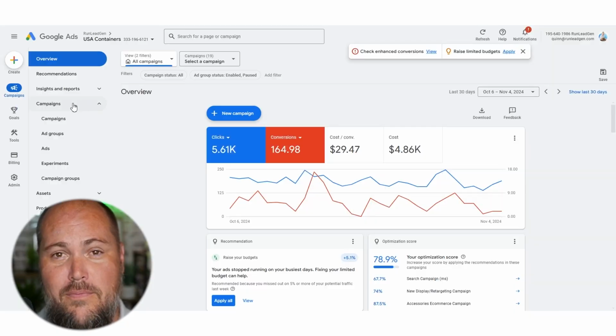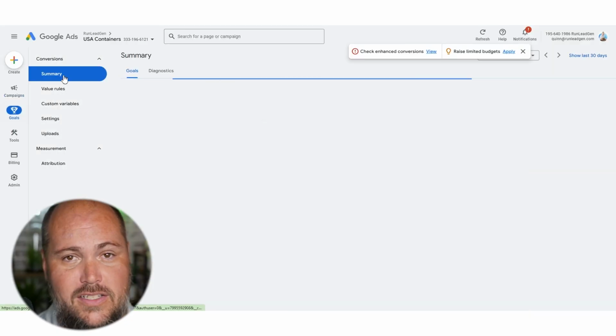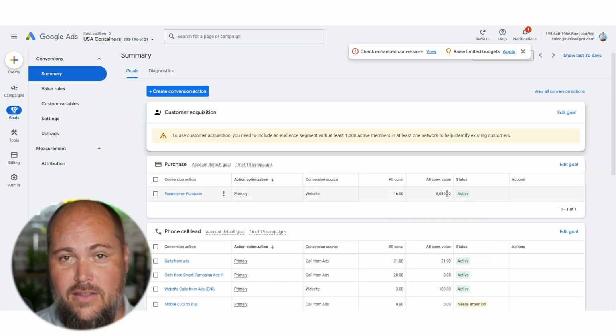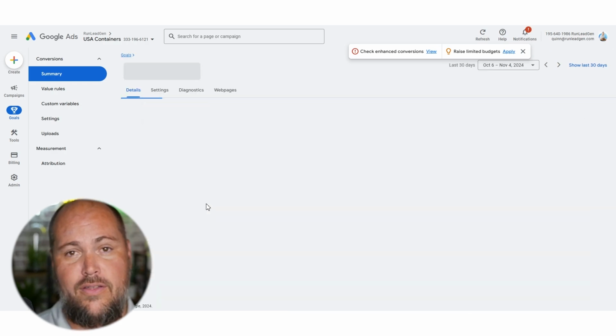To continue on, there are a few primary conversions that you're going to want to make sure you're tracking. First and foremost, if you're doing e-commerce, you absolutely want to be tracking each purchase as well as passing back that conversion value. So if someone's purchase was $54, you want to make sure you're able to report back to Google Ads that they spent $54. This is going to give you options for a lot of different bid strategies that you wouldn't have otherwise, like return on ad spend or target return on ad spend, bidding